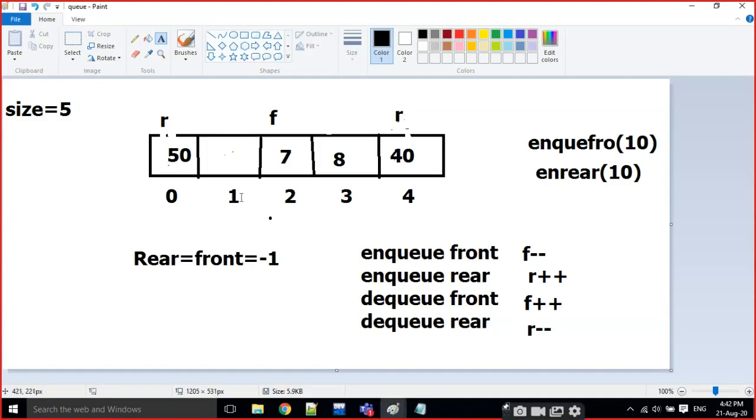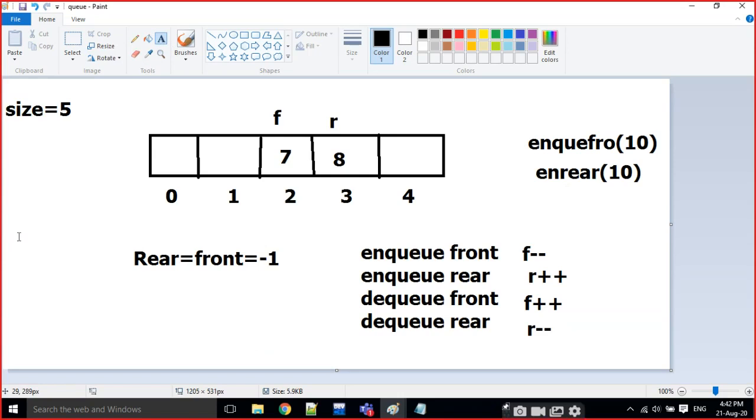Okay, the next two operations are DQ front and DQ rear. First of all, I am going to work with DQ front.